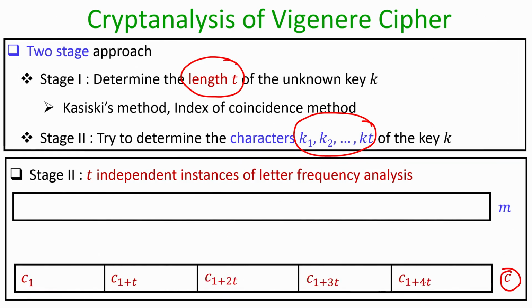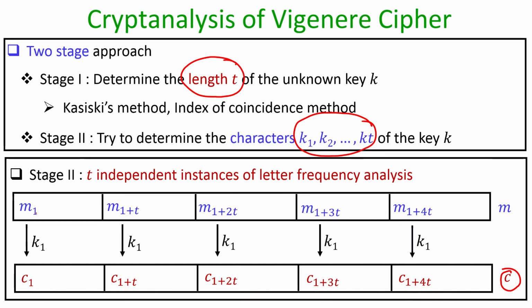The adversary knows the following: if we consider the first ciphertext character, then the t plus 1th ciphertext character, then the 2t plus 1th ciphertext character and so on, this constitutes a stream of ciphertext characters. This stream is related to the unknown stream of plaintext characters consisting of the first plaintext character, the t plus 1th plaintext character, the 2t plus 1th plaintext character, and so on. The relationship is that this stream of ciphertext characters is a shifted version of the corresponding stream of plaintext characters, where the amount of shift is k1, which is exactly what the adversary wants to compute.